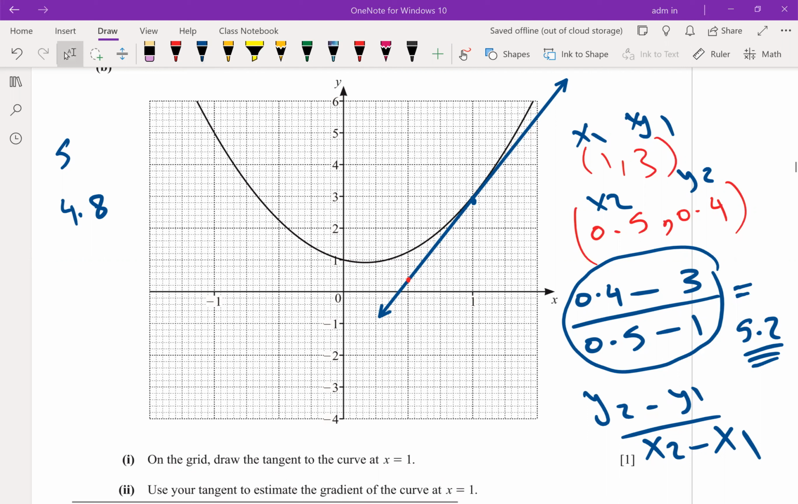I got 5.2. See, the range written is 4.4 to 5.6. So don't worry about it. The range from 4.4 to 5.6 is accepted. If your answer is out of the range, but you show that there is a tangent and you draw the tangent exactly,